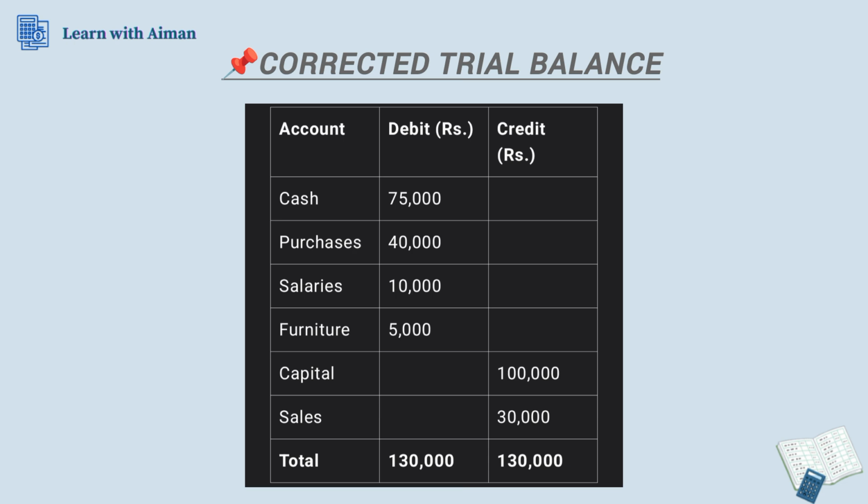So previously I just showed you an example of a trial balance which has an error. Firstly I showed you a trial balance with an error, then I showed you how to correct it. Now I guess you understand how to correct a trial balance with an error and what a trial balance is in real terms. Moving further to some FAQs.